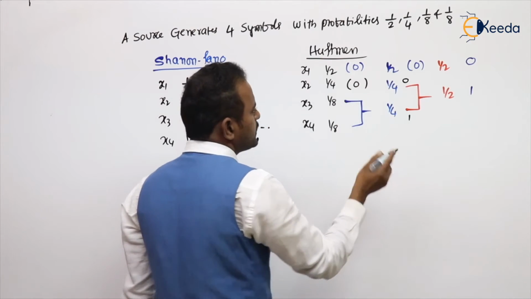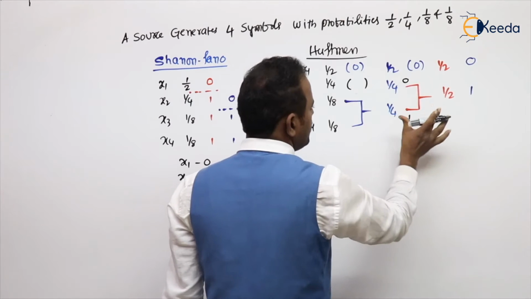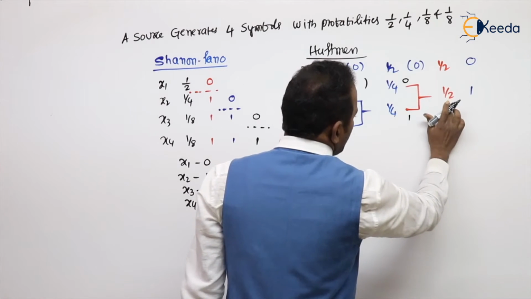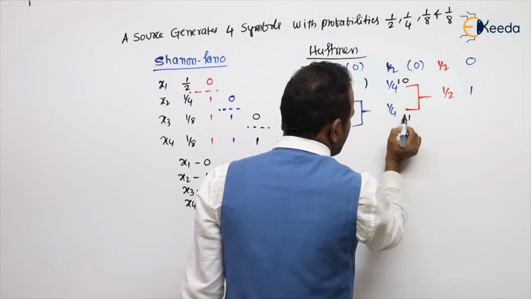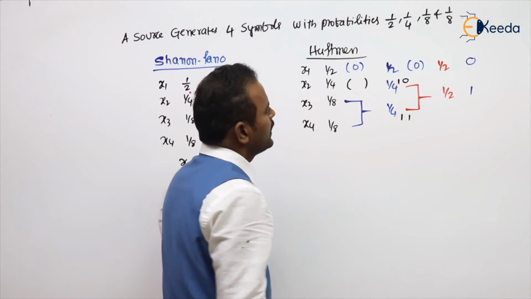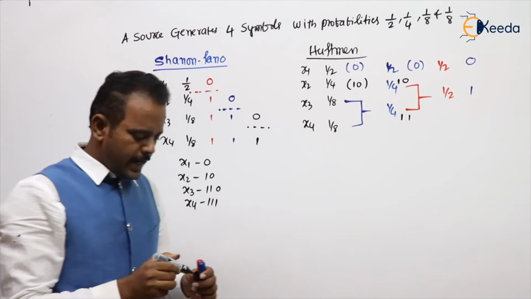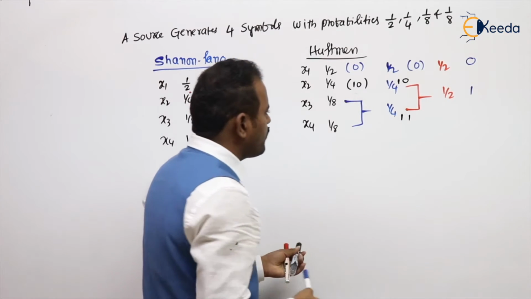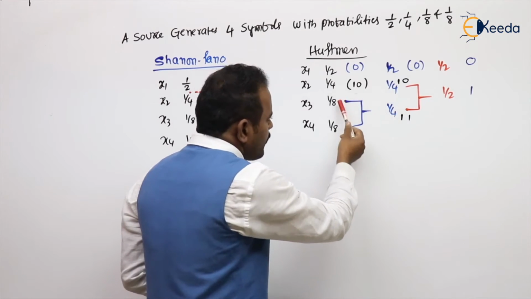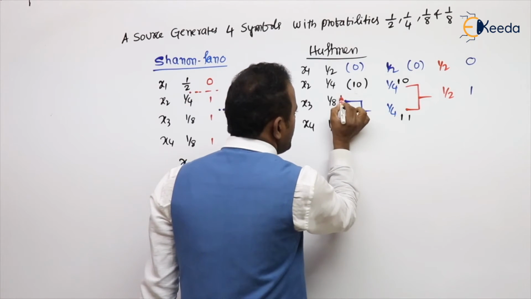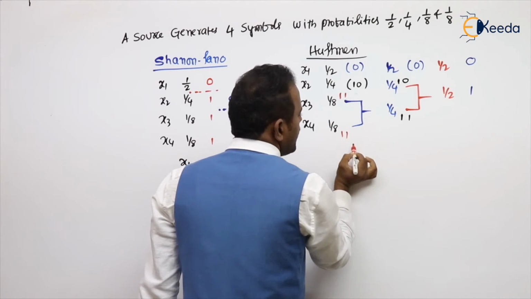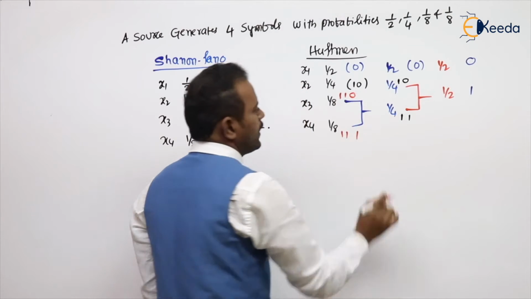Sorry, I'm missing one more point. Yes, that's correct. But this 1 by 2 already has a 1, which is predefined, so it will be there. And above is 0, below is 1, so 1, 0. Next, where did this 1 by 4 come from? It came from these two, so first we keep the same 1, 1, and then above 0, below 1.